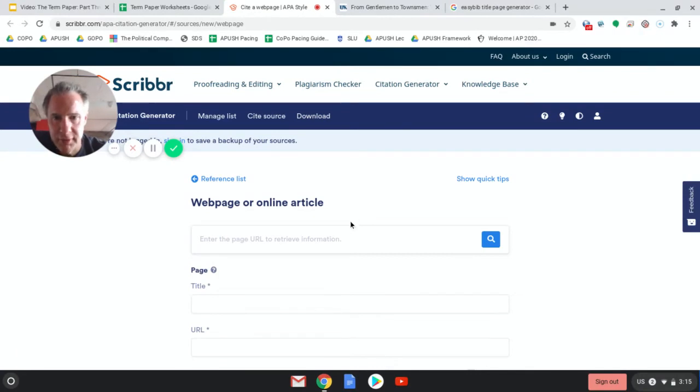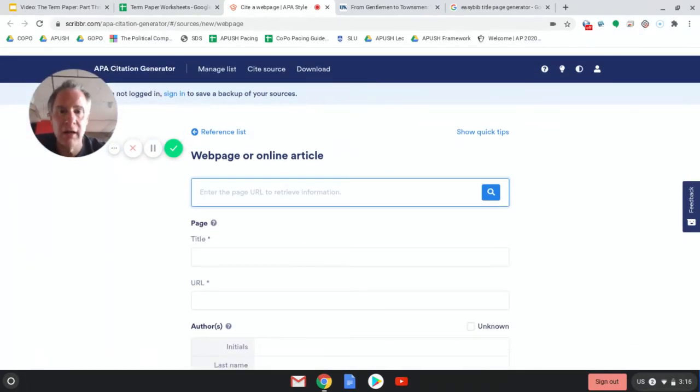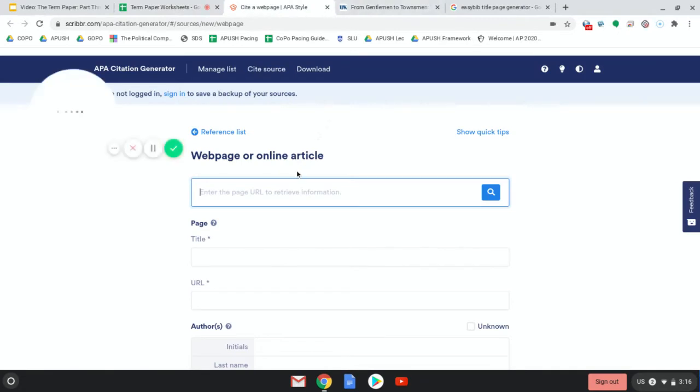So when you click on the Scribr link, it's going to ask you if you want to enter your URL. If you put in the website the information came from, so just paste this into this and hit the search thing. Sometimes you might get lucky and it will autofill everything for you. I did a couple. I did not get lucky on any of them. But try it and see. If it doesn't work,